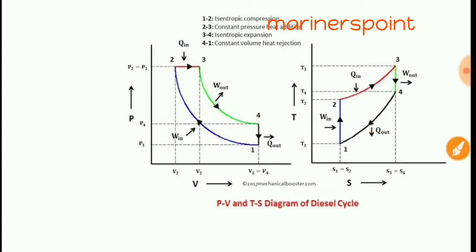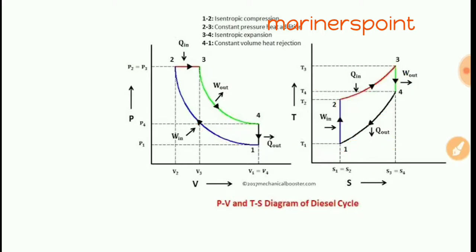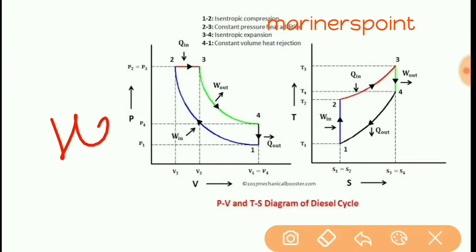So now you can understand, from T1, compression takes place at fixed temperature. Now heat is added and combustion takes place, then temperature will increase. Now work is done and the piston moves from TDC to BDC, expansion, at that time temperature also decreases, and finally due to heat rejected at constant volume. Main point you have to remember: heat added at constant pressure, heat rejected at constant volume, and isentropic process,